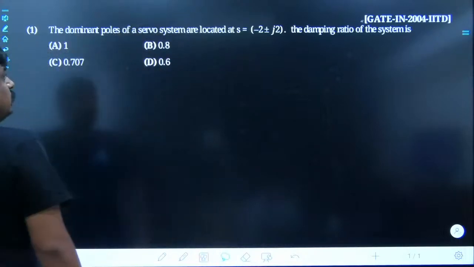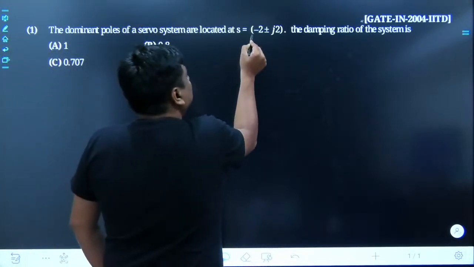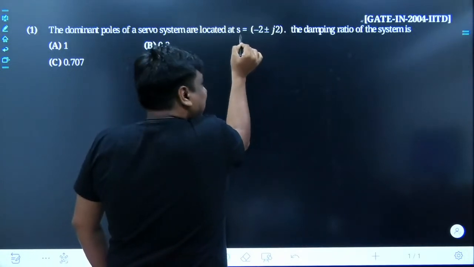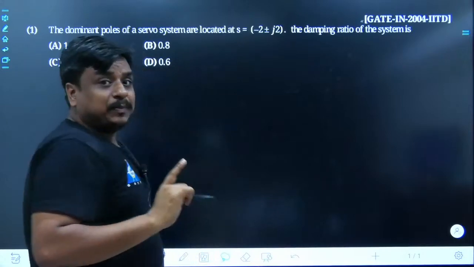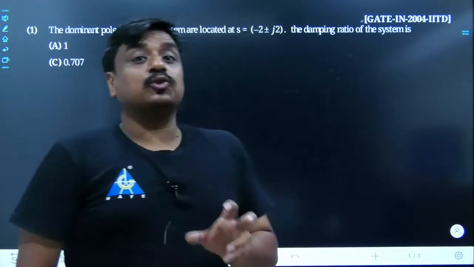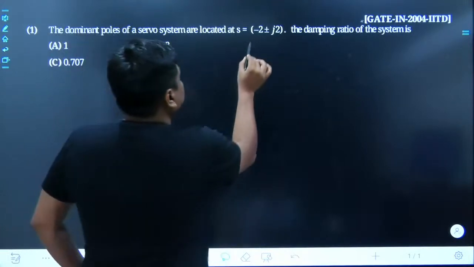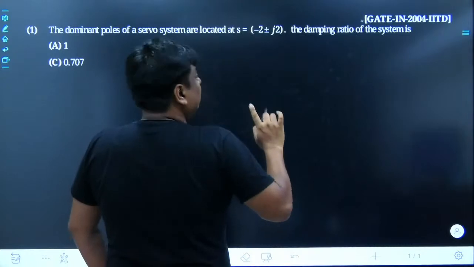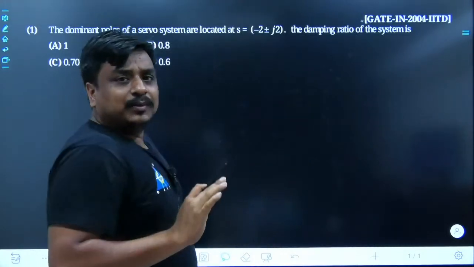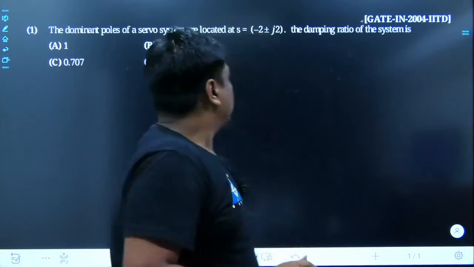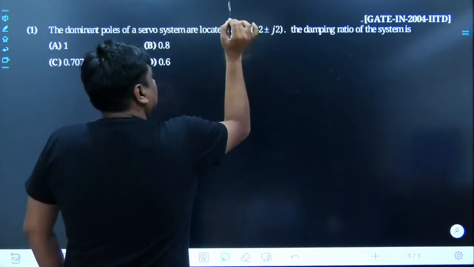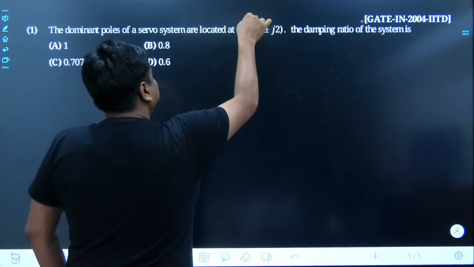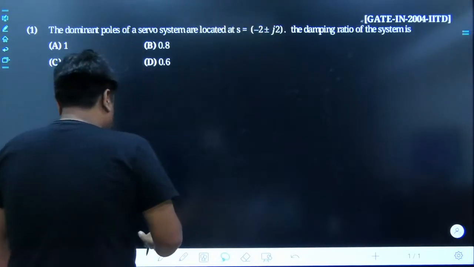One thing is quite sure: once you focus on the locations of the closed loop poles, or for the time being just poles, they have a negative real part and are in the form of complex conjugates. That means the value of zeta is supposed to be in between 0 to 1. If rather than -2 it would have been +2, the value of zeta would have been in between -1 to 0. That fundamental was already taught probably the day before yesterday. So one thing is quite sure, as the locations of the poles are such that the real part is negative, and at the same time they are in the form of complex conjugates.